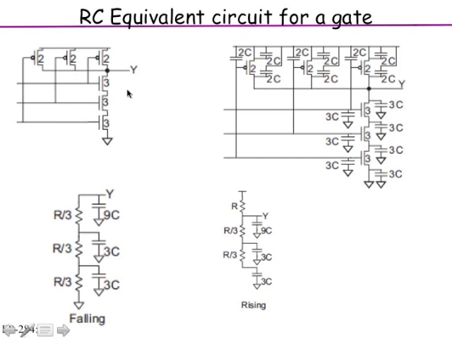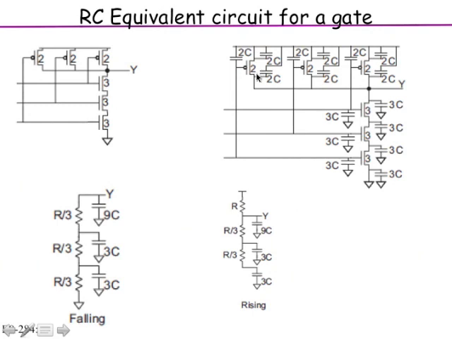Now let us look at the sizes. The sizes are 3, 2, and so on. What are the units? It's some arbitrary unit. We will not worry about it. For example, there could be a certain minimum size transistor you might want to use in your design. That minimum size could be perhaps half a micron or something. That I will say 1 unit. And then I'll do all the sizing of everything else in terms of that, so that things become simpler to describe. So you have 3 units here and 2 units here.